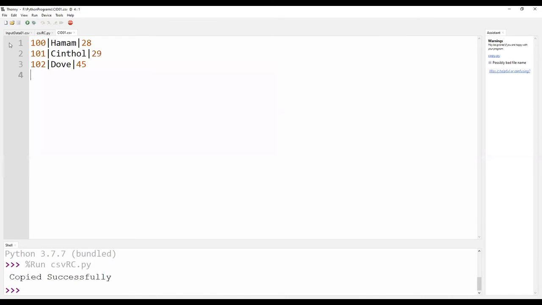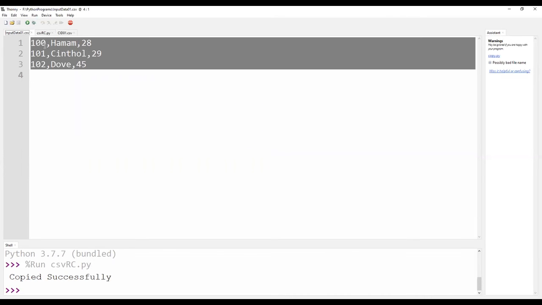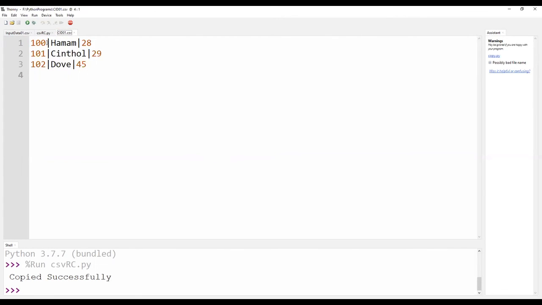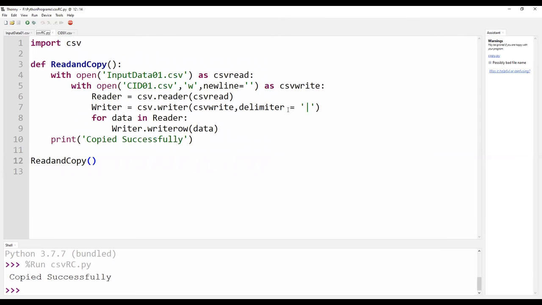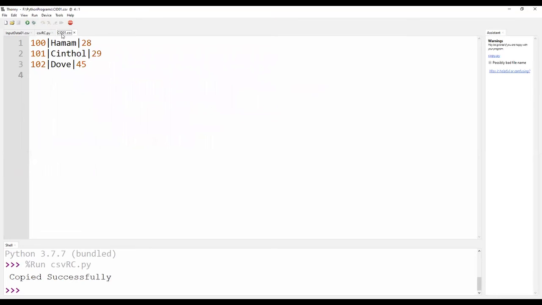Now, if you see, normally the default delimiter is comma. Here, since they have asked us to use a different delimiter, the delimiter which I have used in our program is the OR symbol, and you can see it is separated by this OR symbol. I hope problems pertaining to CSV files are clear. Thank you for the session.